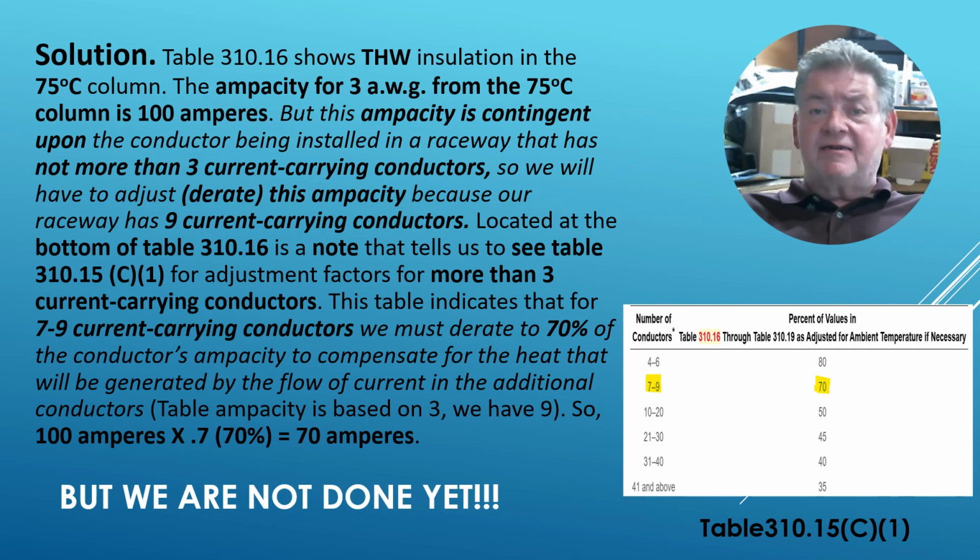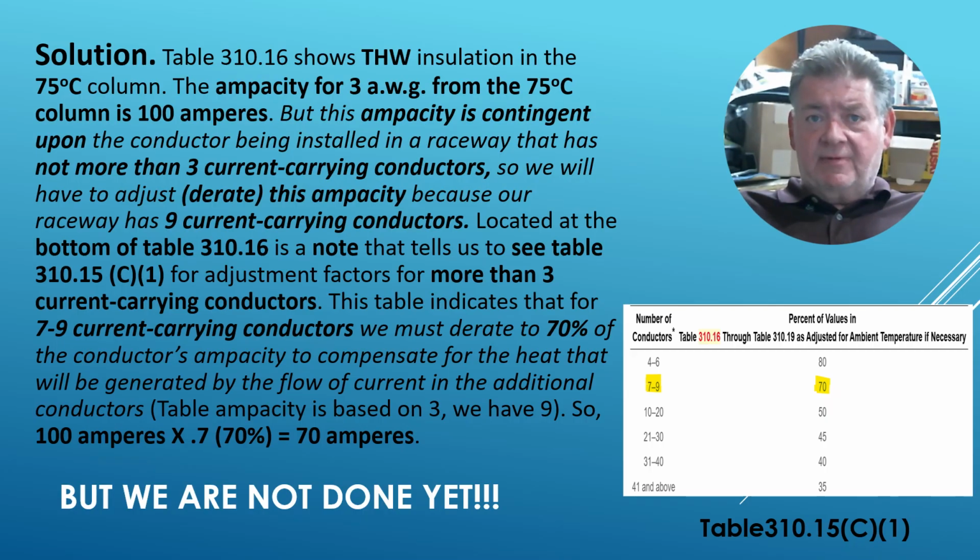But this ampacity is contingent upon the wire being installed in a raceway that has not more than 3 current carrying conductors. So we will have to derate this ampacity because in our example, we have a total of 9